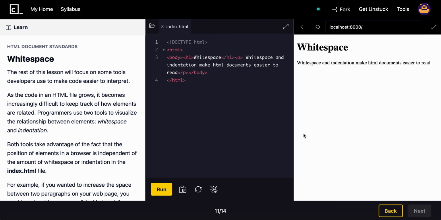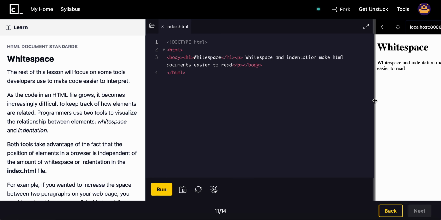For the next 2 to 3 videos, it's going to be purely some tools that will make the code easier to interpret. So instead of making 3 separate videos for this, I think I'm just going to combine it into this one video and just keep going until we get to the end of the lesson, so that essentially you have all of them in the same video. But without further ado, the rest of this lesson will focus on some tools developers use to make code easier